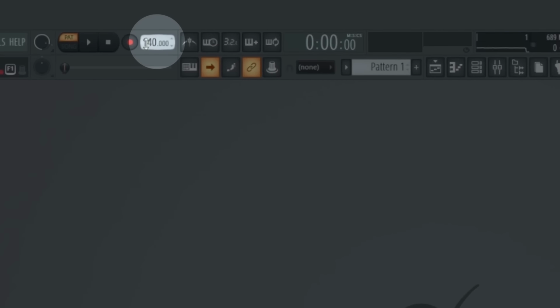Now to start this beat, we have our blank project file here. I'm going to go ahead and set the BPM down to 80. And the first thing that I'm going to do is find a sound or an idea to orbit around. This is a good time to explain what this technique even is.